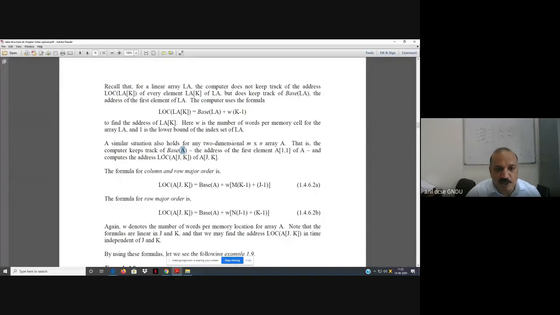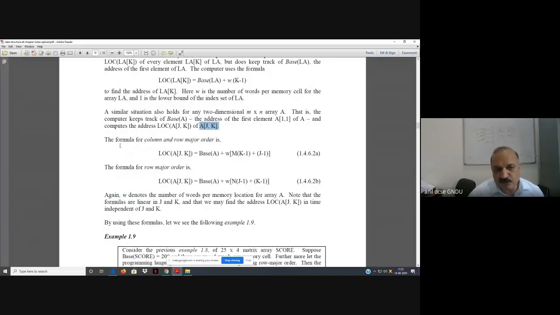This is the element, and this will be its location in the memory.